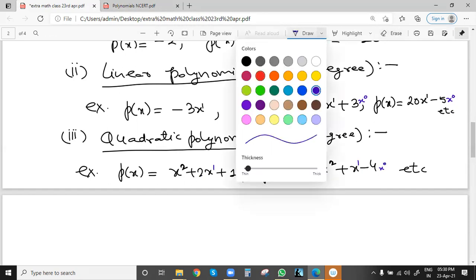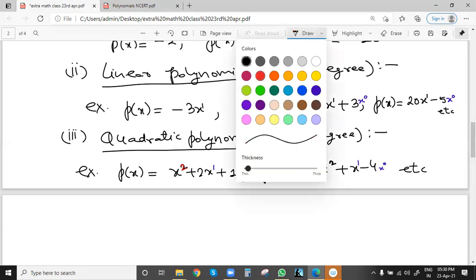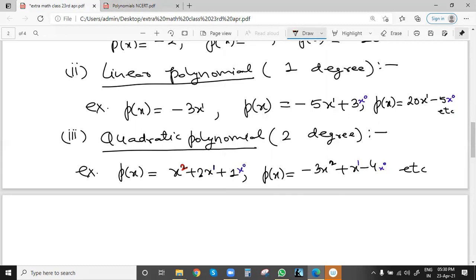I have given you two examples, two cases. Here we have the polynomial p(x), x square plus 2x plus 1. So here the power of x is 2 and other powers of x are 1 and 0, because 2 into x means 2 into x to the power 1. So 1 is less than 2. Here 1 means 1 into 1, you can multiply 1 with 1, basically a constant value, so x to the power 0. So the maximum power of x will be 2. That's the quadratic. A quadratic polynomial will have degree 2, or we can say degree is the maximum power of x.